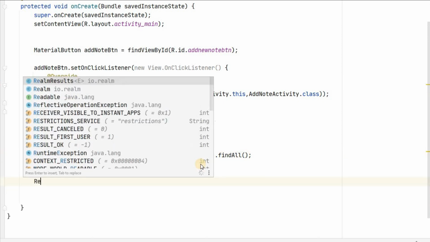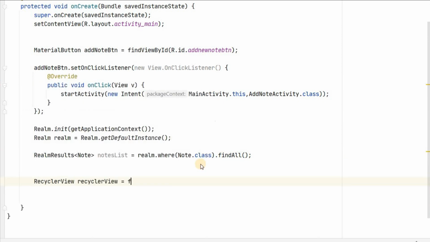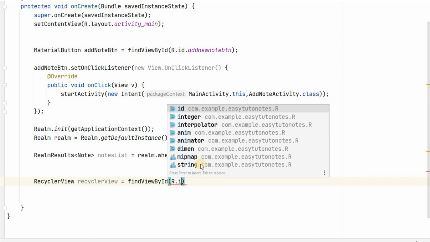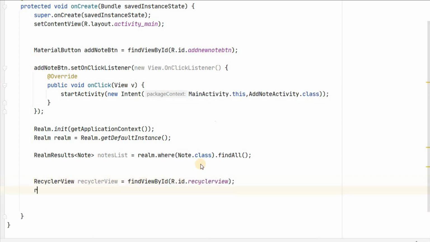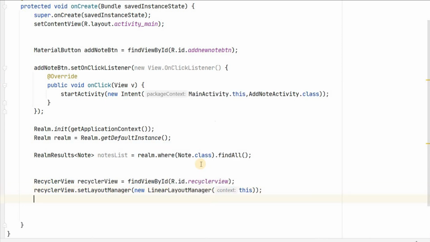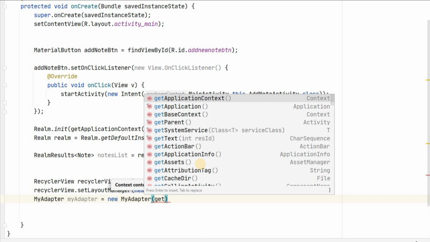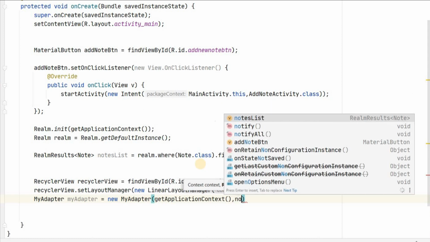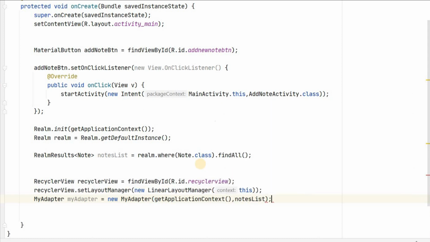Now we will initialize the recycler view first. findViewById R.id.recyclerView. We have to set the layout manager, new LinearLayoutManager, this, and create an object of myAdapter, new myAdapter. We are passing the context and the notes list to the adapter.